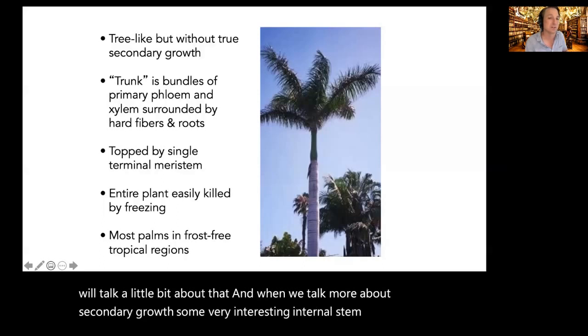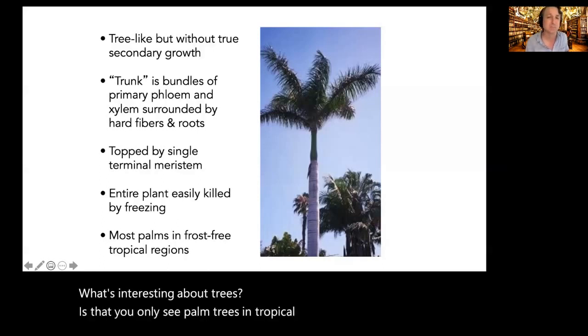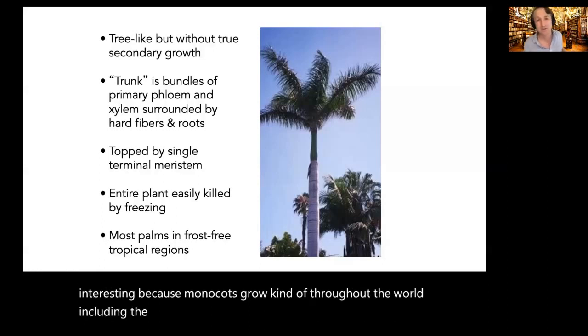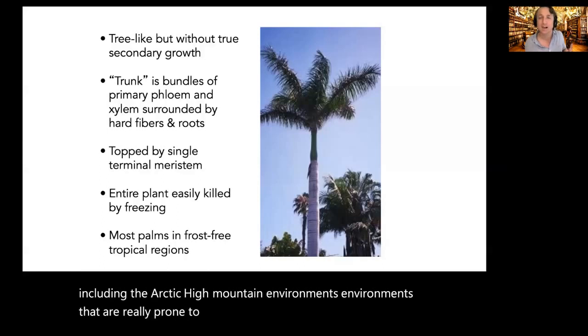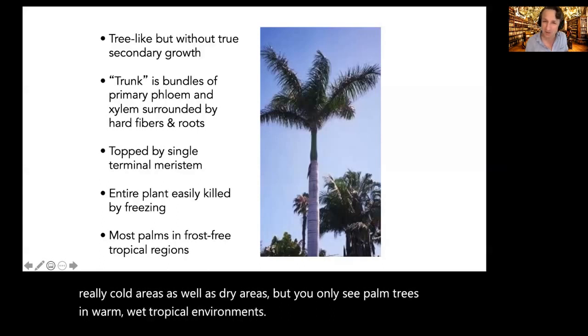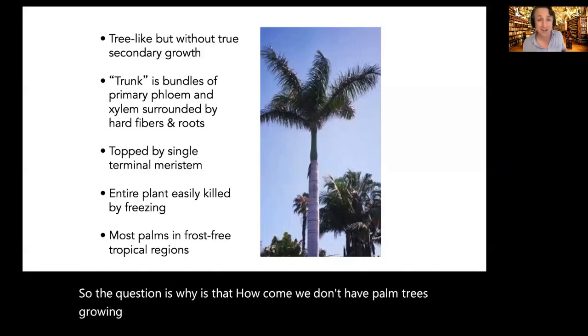anatomy within palm trees. What's interesting about palm trees is that you only see palm trees in tropical regions. And that's interesting because monocots grow throughout the world, including the Arctic, high mountain environments that are really prone to freezing, okay? So we see monocots, grasses, in really cold areas as well as dry areas. But you only see palm trees in warm, wet tropical environments. So big question is, well, why is that? How come we don't have palm trees growing